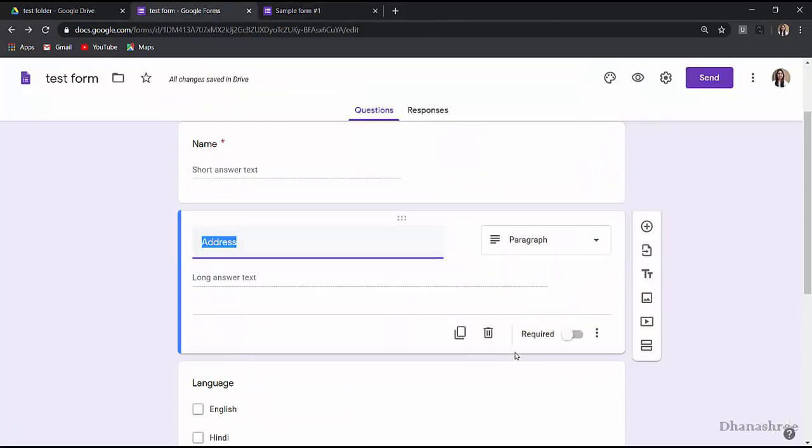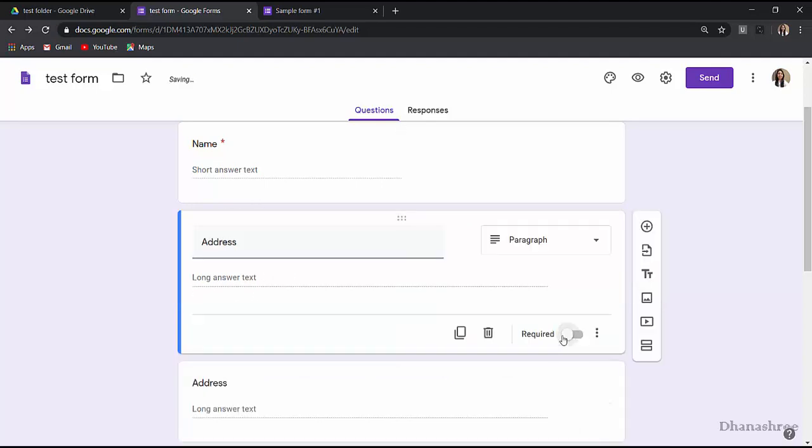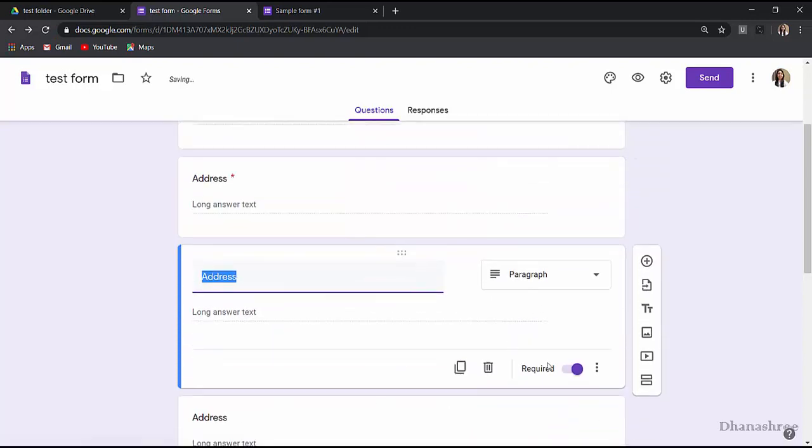Next, if you want to make a copy of one particular question, then go in duplicate and just click. And here you can see a copy of this question is done. So whatever setting is applied to this question, if you are making a copy of it, the same options will be applicable for the copied question also. Let's say address to.